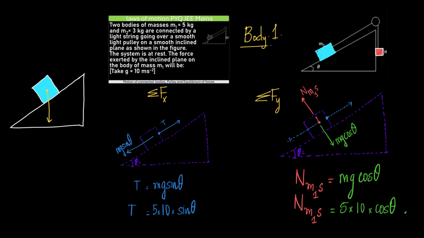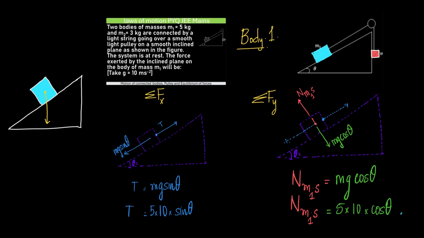Two bodies of masses m1 equals 5 kilogram and m2 equals 3 kilogram, connected by a light string going over a smooth inclined plane, which means the coefficient of friction is 0. The force exerted by the inclined plane on the body of mass m1 would be, see, before we go any further,